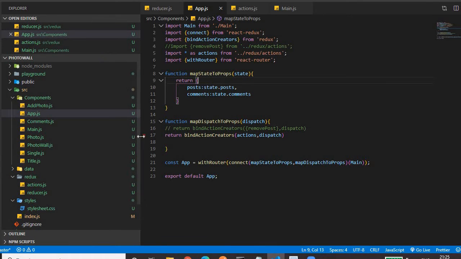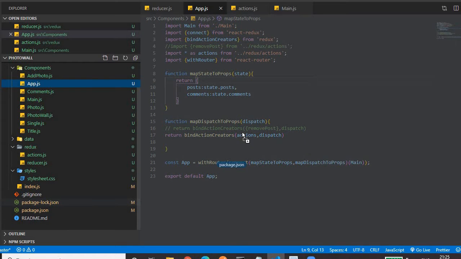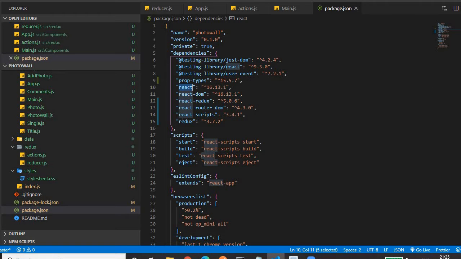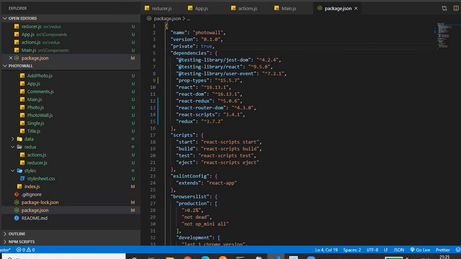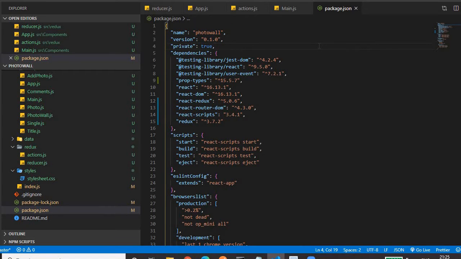Once it gets installed successfully, you can verify that, as I have informed you earlier. For verification purposes, we have to go to the package.json file. It's a file that documents the dependencies or packages that we need in our application. If you see, we have Redux of version 3.7.2 installed here, right? Then we have React Redux of version 5.0.6 installed here. Okay, so this should be your first step, correct? So let me close this.